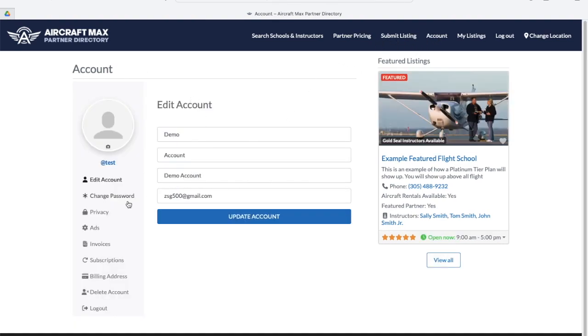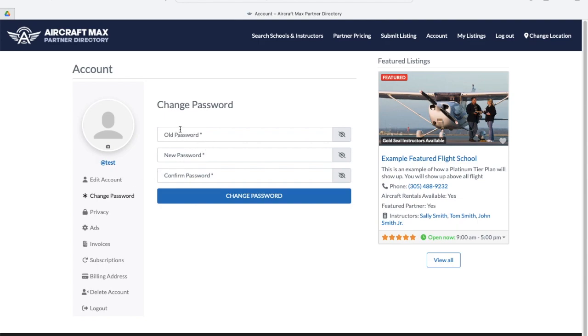So top of the page, we have that. Right here under your profile, you have Edit Account. You can also change your password right here. You have to put your old password in because you're logged in, but let's say you forget your password, you'll probably be logged out. So once you're logged out, at that point, so if I click Log Out on the top right,